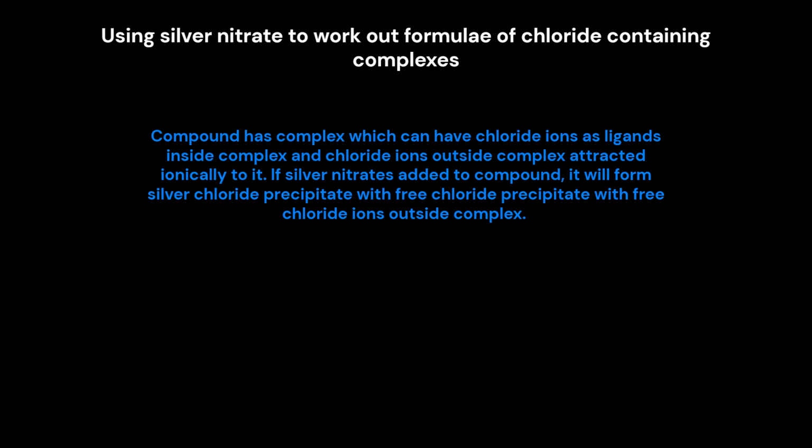Using silver nitrate to work out formulae of chloride containing complexes. A compound has a complex, which can have chloride ions as ligands inside the complex and chloride ions outside the complex attracted ionically to it. If silver nitrate is added to the compound, it will form a silver chloride precipitate with the free chloride ions outside the complex. Examples: